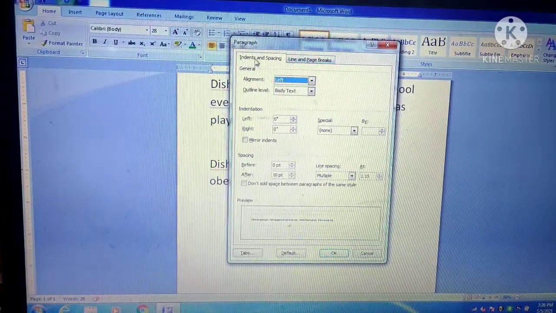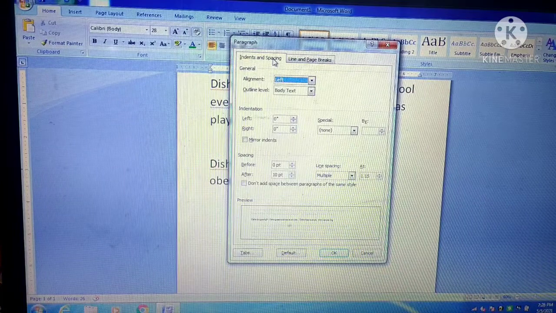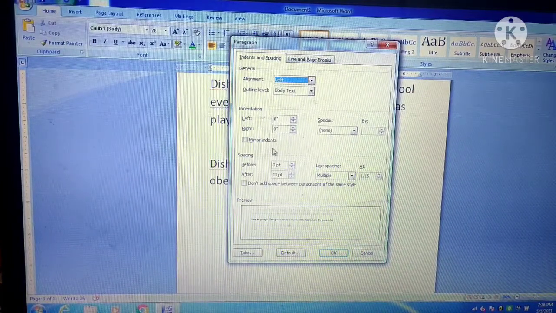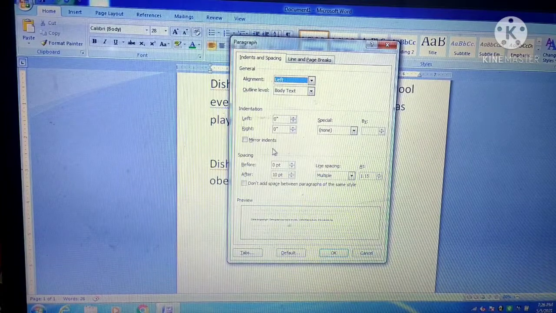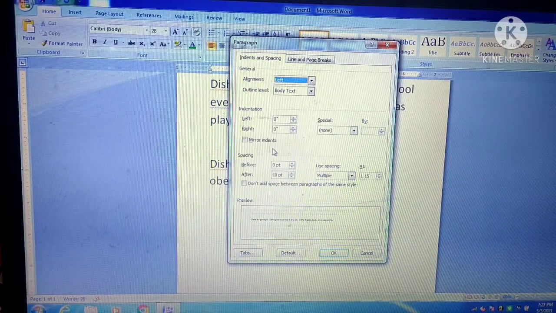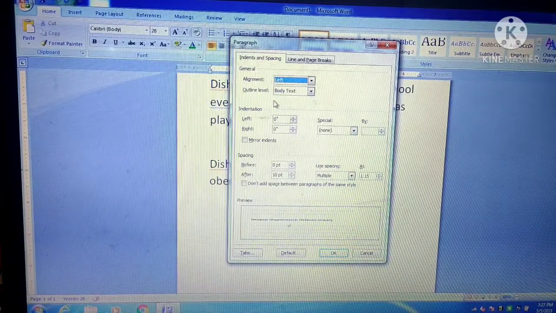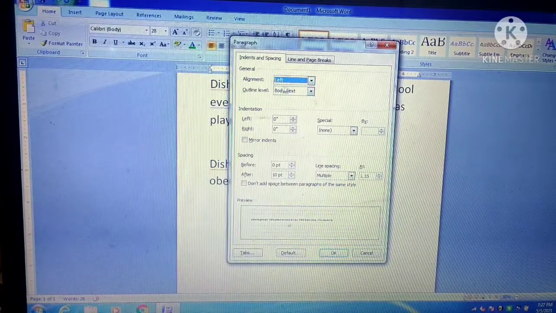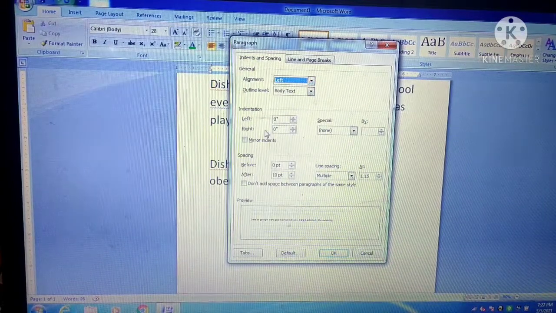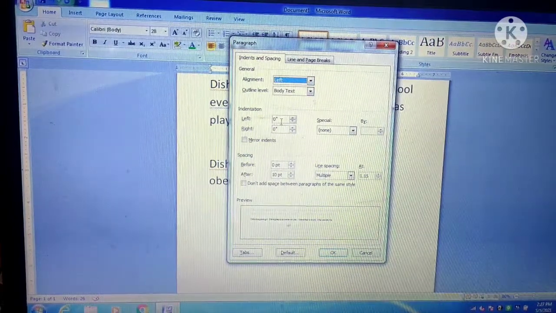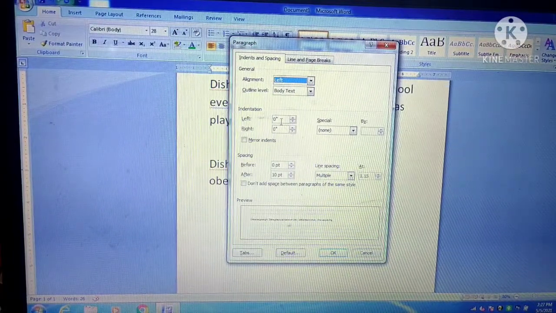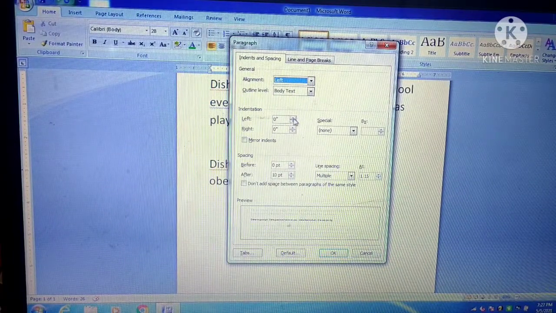Here is the Indents and Spacing tab. Here you can set different kinds of indentation options. Now the alignment is left, so it is showing left alignment. Here you can set the space between the margins and text.